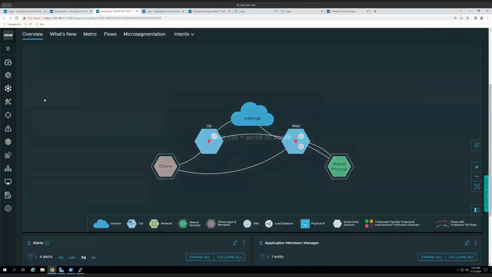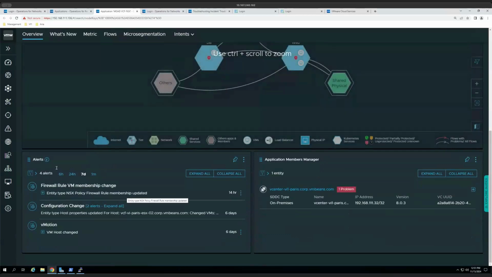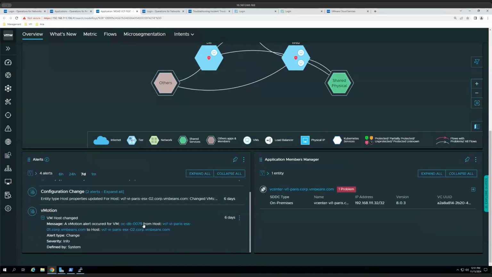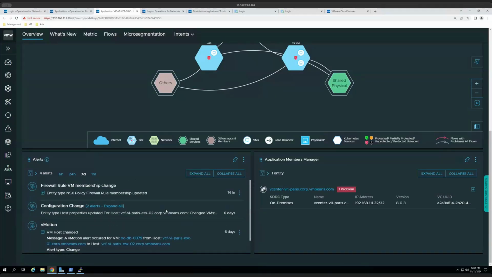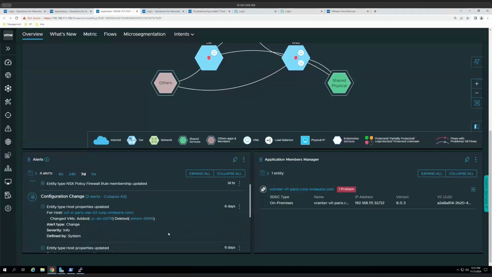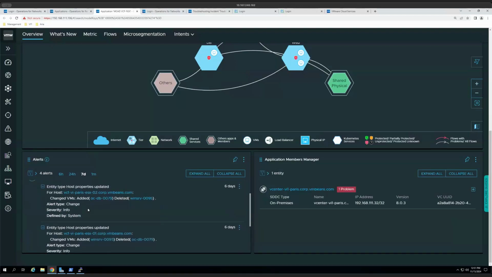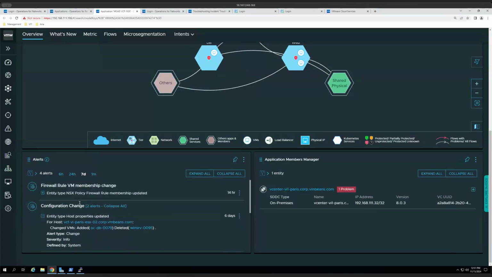And we can get into utilizing a lot of different powerful tool sets, and it's already providing alerts for me. We're looking at everything from, hey, did a vMotion occur? Did a VM move from one host to another, which is important to know. Has there been any type of configuration changes? So I can see if a VM has been added or deleted on a specific host that the application is utilizing. So we're tracking many different types of data sets and providing alerts based on the severity, and then also